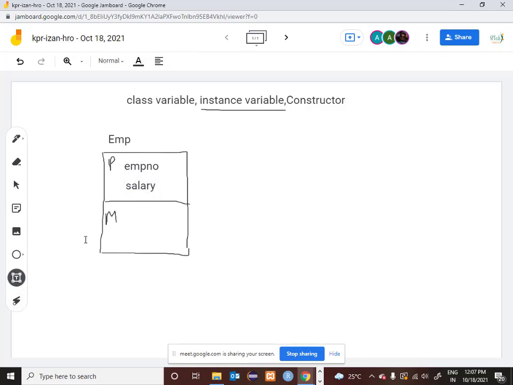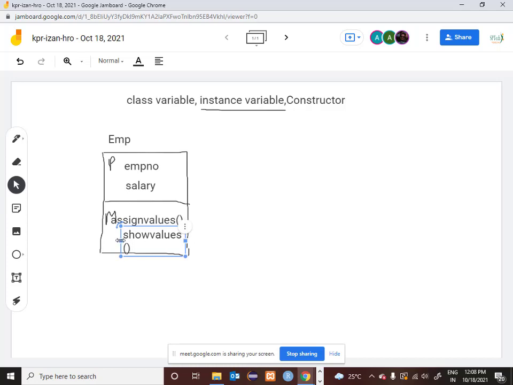The first method is called assign values. This is one method of that particular Employee class, and the second method is called show values.